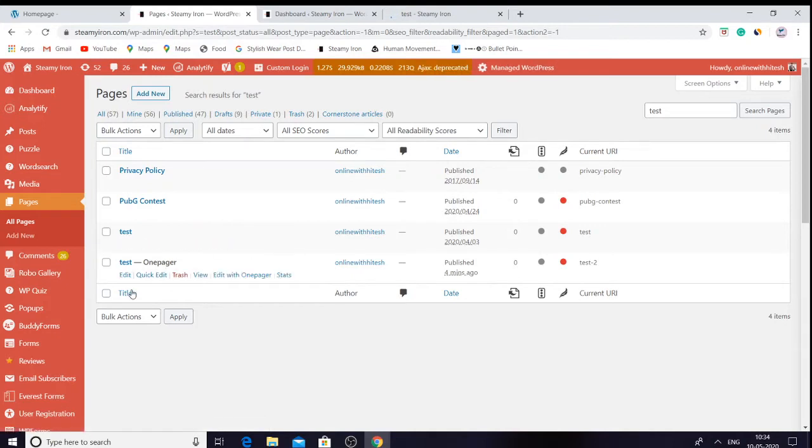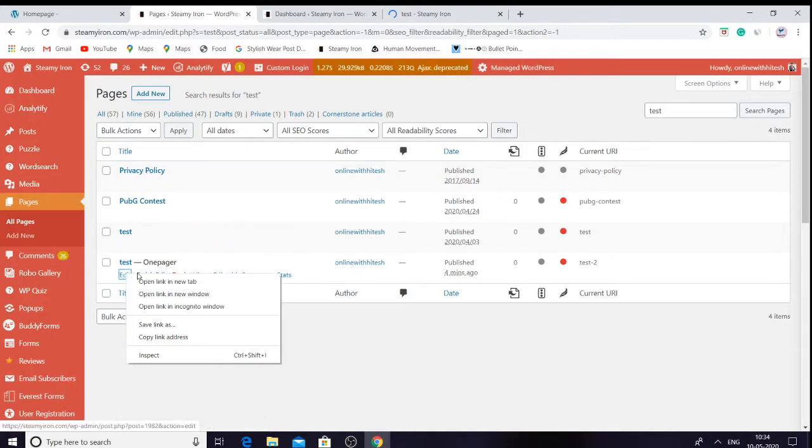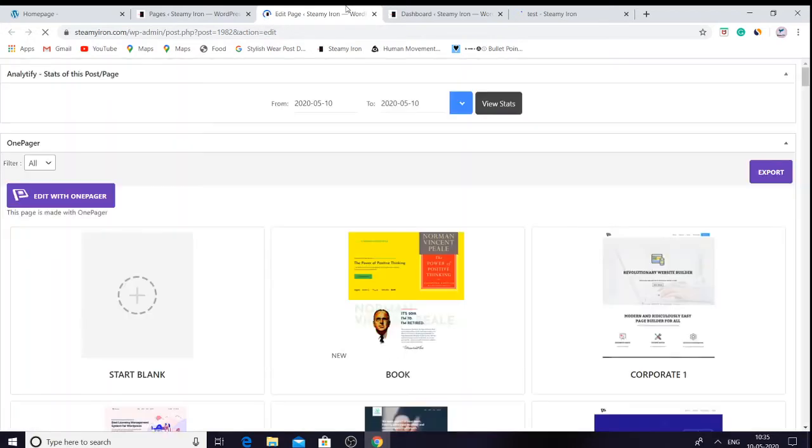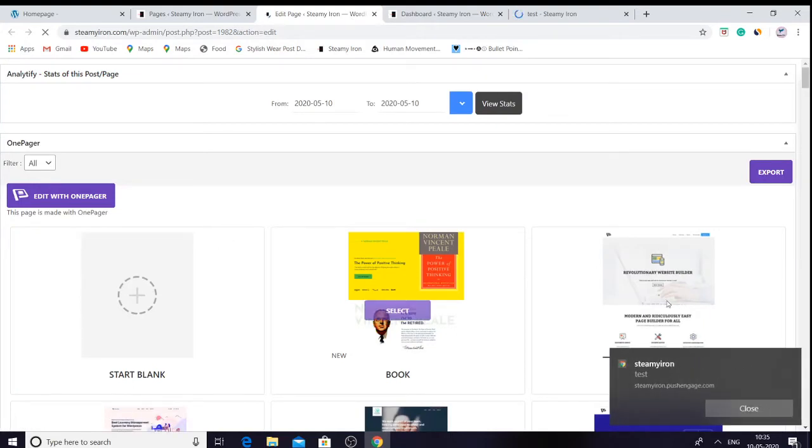We are going to edit the page because we have implemented the template, but menu items are coming, and that is not looking good at all.